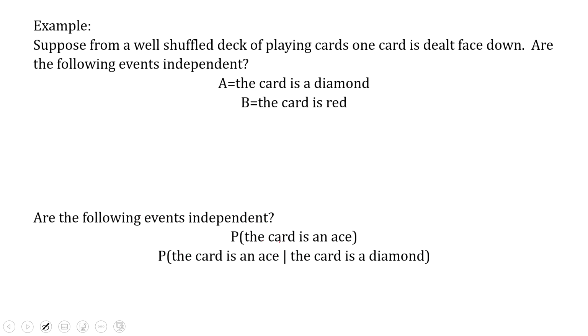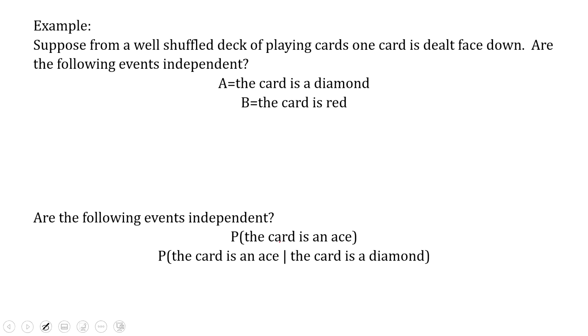So think of it this way, we're going to shuffle a deck. We're trying to decide if, first of all, take a minute and decide, is shuffling a deck and getting a card being a diamond independent of the card being red? Logically, it doesn't make sense. So when we look at it, the probability of a 52 card deck of playing cards with one dealt face down, we're trying to find out if the probability of getting a diamond is independent of the card being red. So when we think about it,